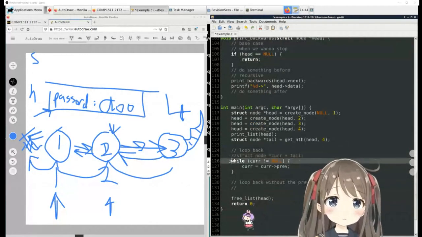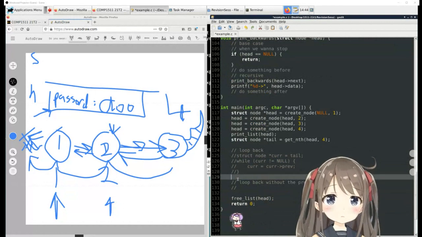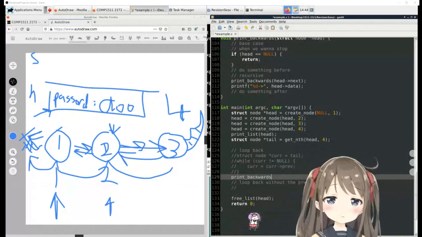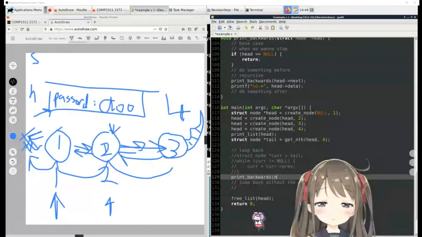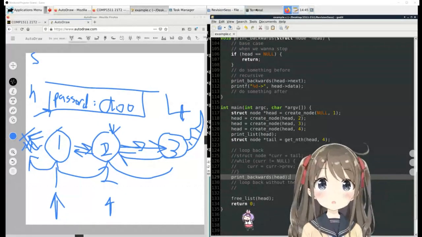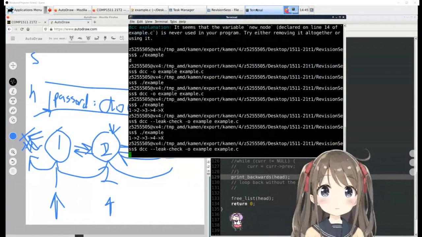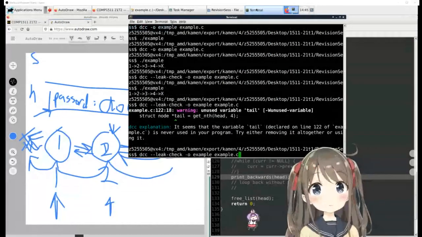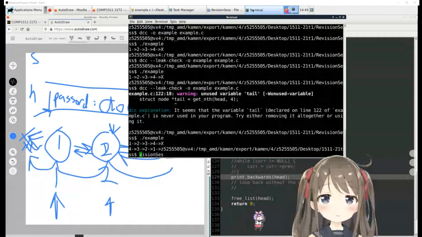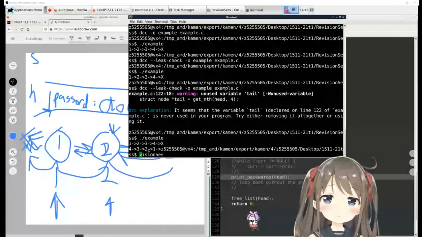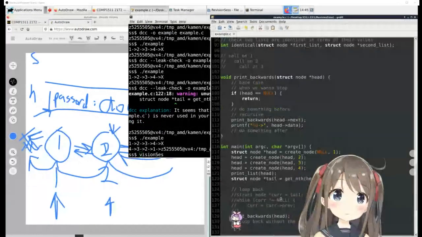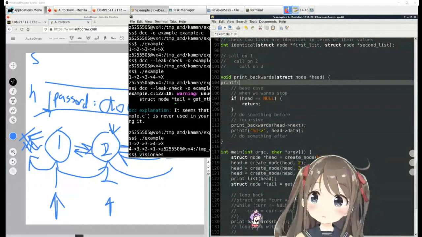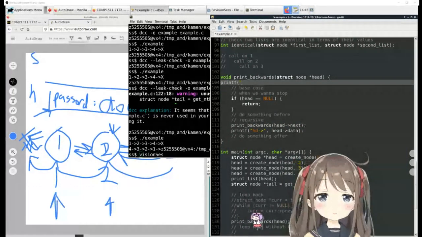So let's just comment out this section. Now let's print backwards. Print backwards of head. And we should see, if we coded this correctly, unused variable, that's fine. Yep, we see 4, 3, 2, 1. Now why does this work? Well, let's